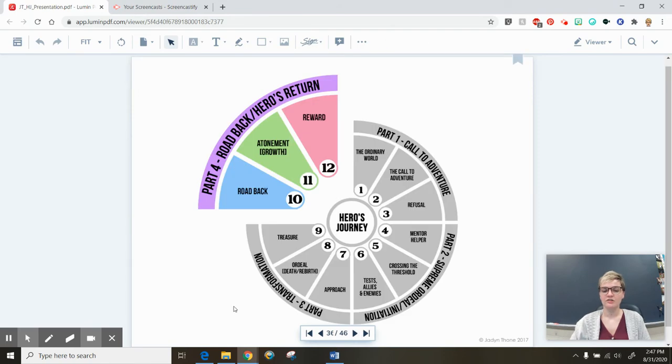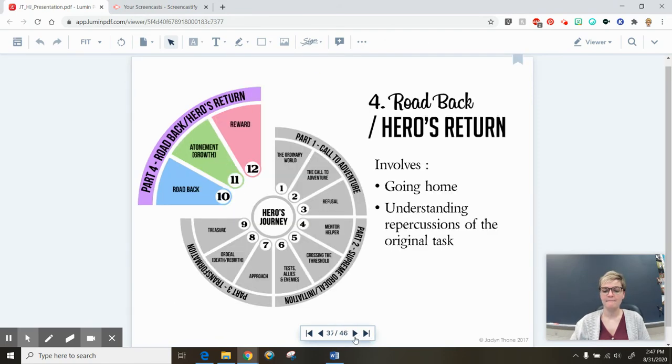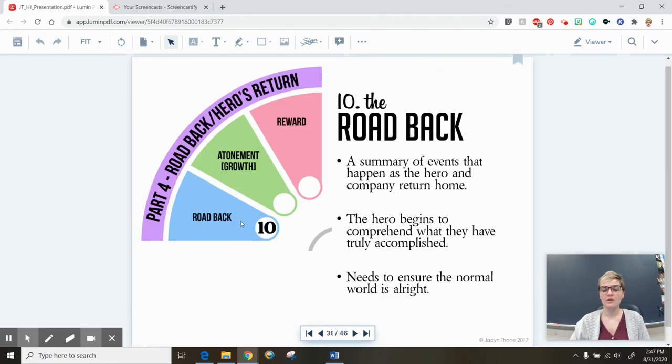That final stretch is the road back. So the hero has to return home, but this is usually just a quick summary. So you aren't going to get the same amount of lead up that you got on the way to the event. It'd be pretty boring if half the book was getting to this final battle that we need to fight, and the other half of the book was getting home. So usually it's a quick summary. It's, we traveled for 3 weeks and finally got back to the Shire.